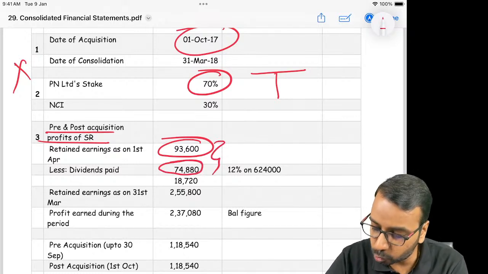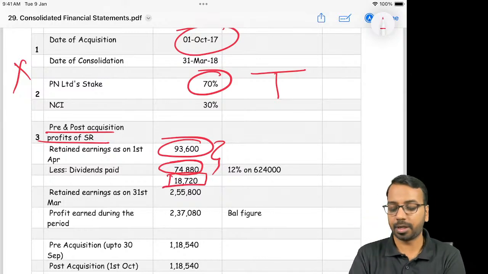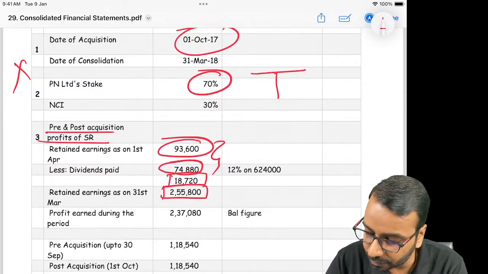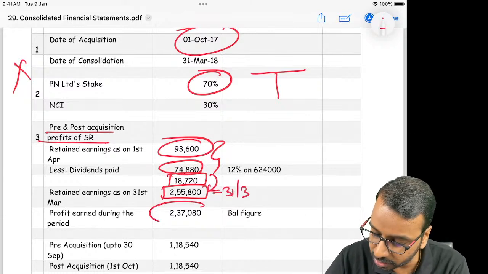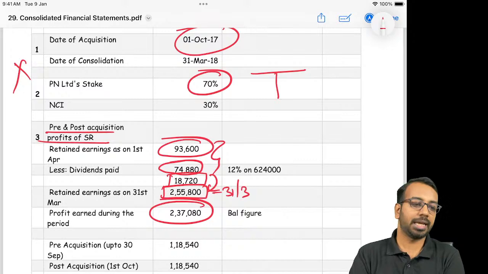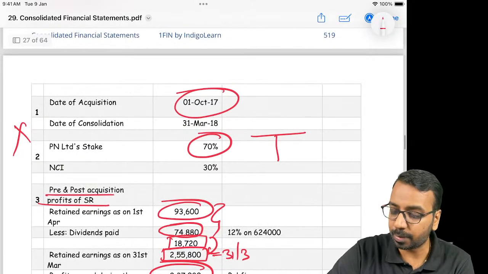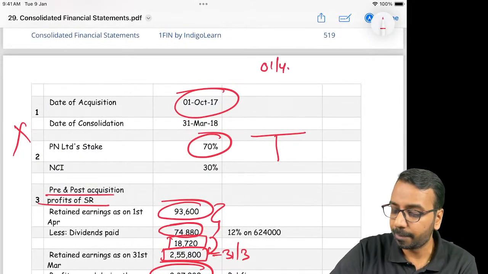So the difference of these two, opening balance becomes 18,720. Closing balance is 25,800 on 31st of March. So from here till here, how much did we earn? 2,37,080. The other way to do this is you can prepare a table like 1st of April, the balance is